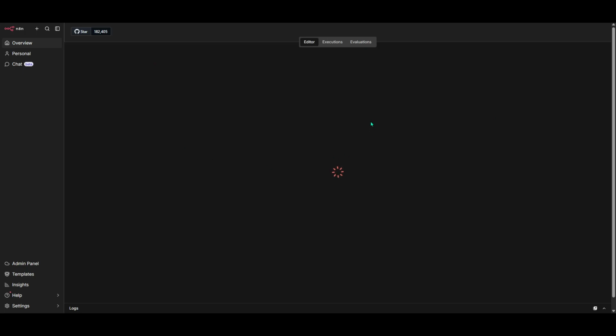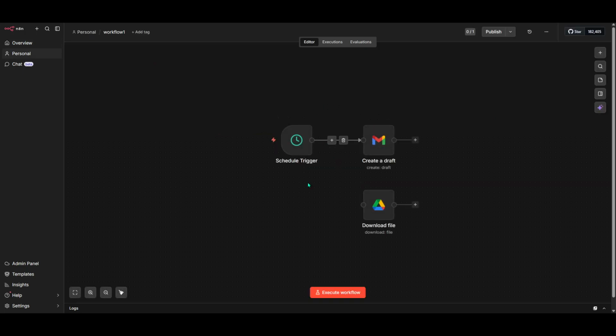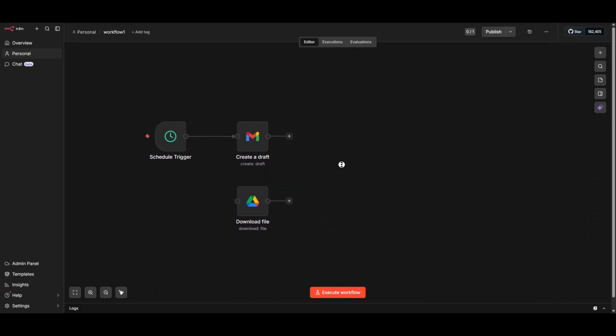First, open the workflow editor for the specific workflow where you want to use the community node. Think of the editor as your canvas. It's where you design, configure, and test everything. Make sure you're looking at the correct workflow so the new node is added in the right place. If you have any unsaved changes, it's a good idea to save before proceeding so you don't lose your work